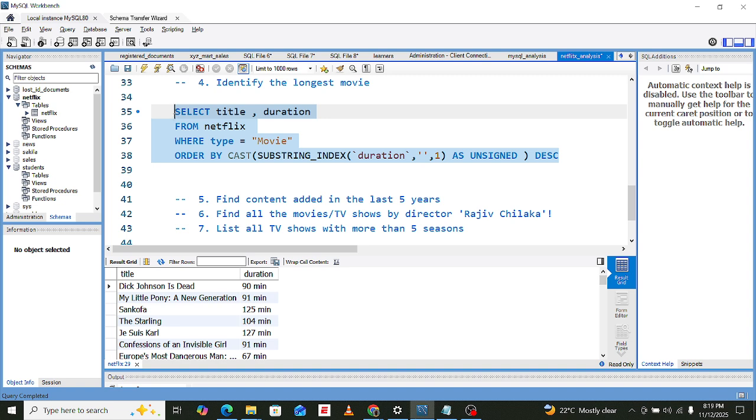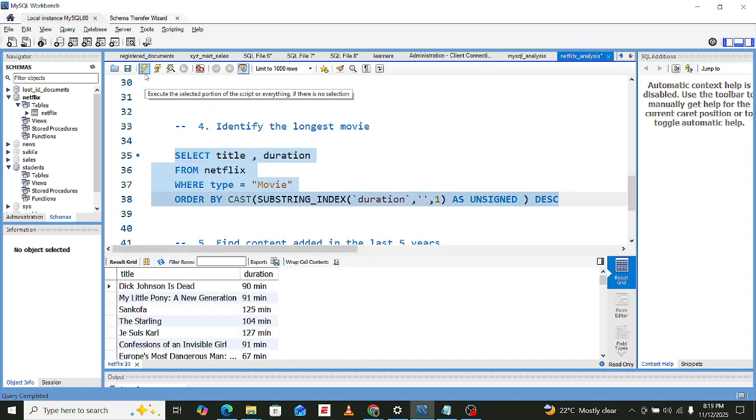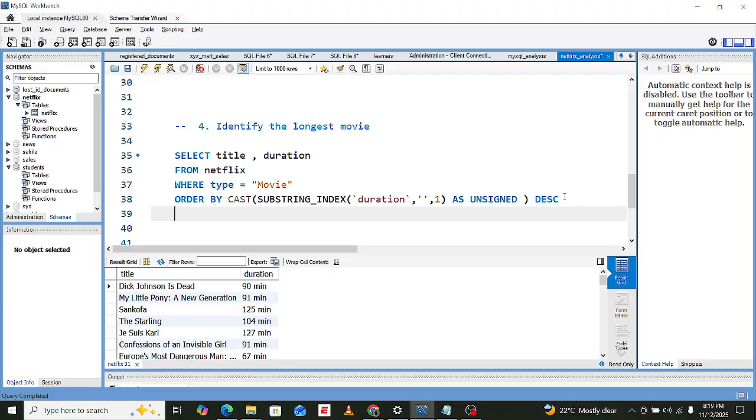So let's run this and see what we have. Did it execute? Well, yeah, we have this. Is it descending, or did that execute really well? I think it should. We have substring underscore index.